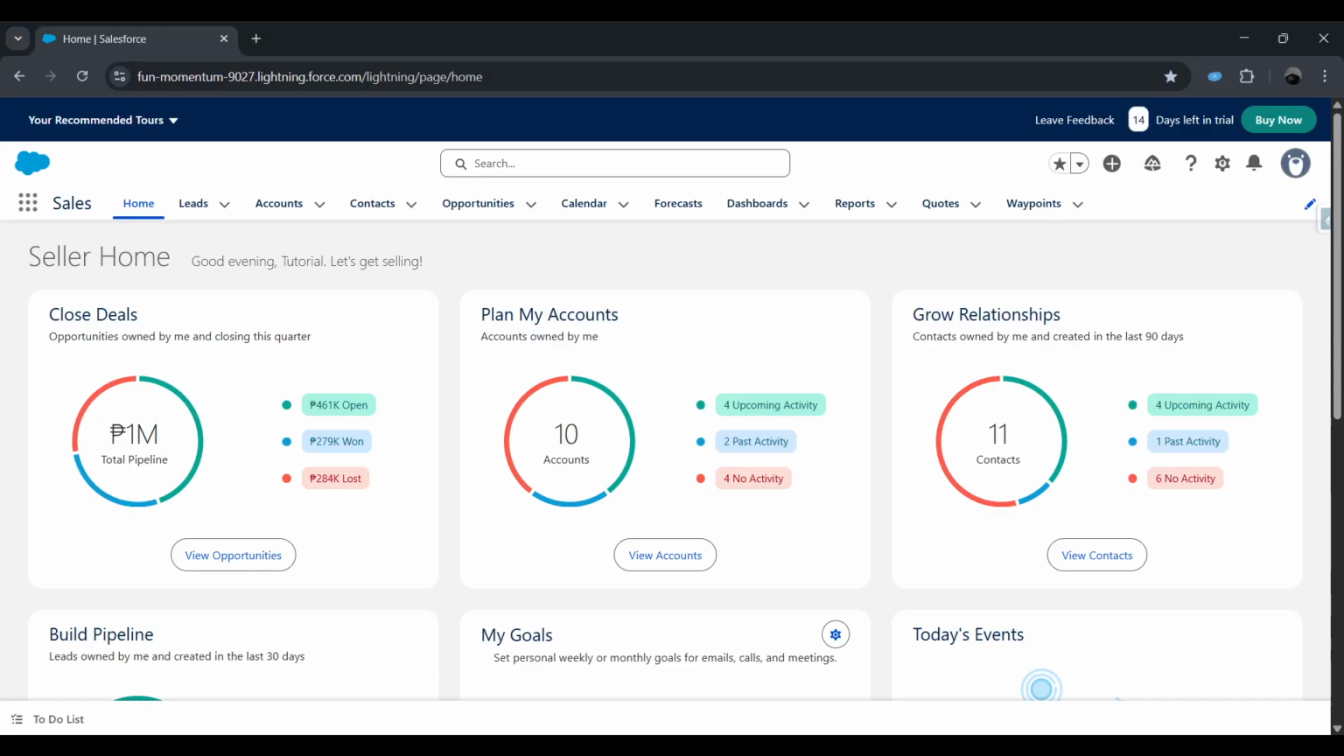Today, I'm going to teach you how to use Salesforce relative date filters. This feature is incredibly useful when you want to create dynamic reports that automatically update based on time periods, like viewing opportunities from the last 30 days or tracking cases from this week without having to manually adjust date ranges